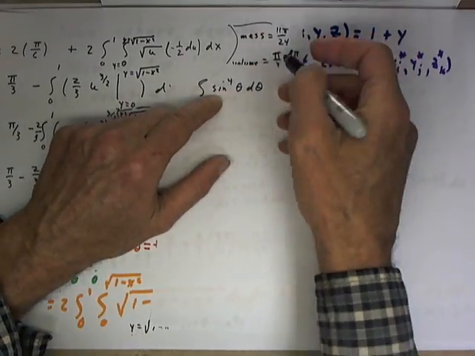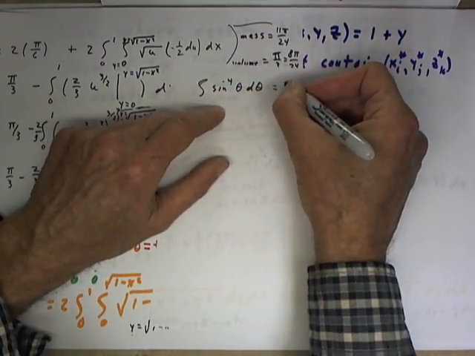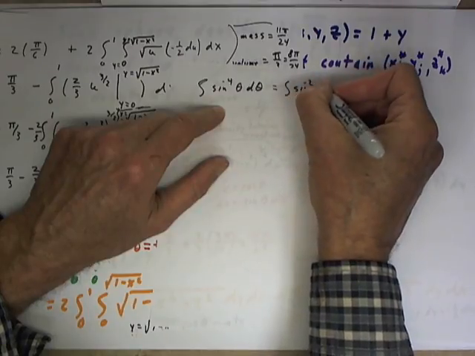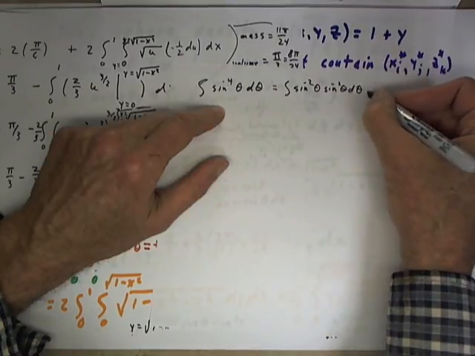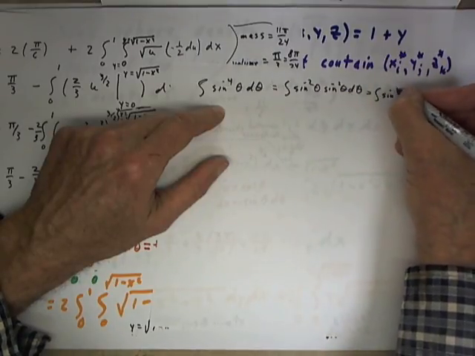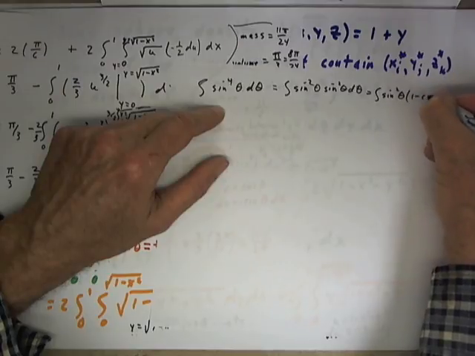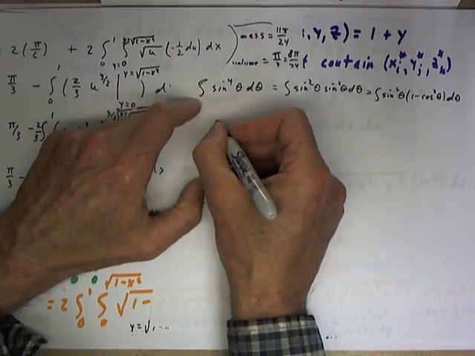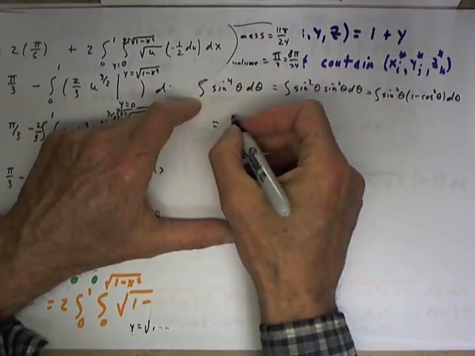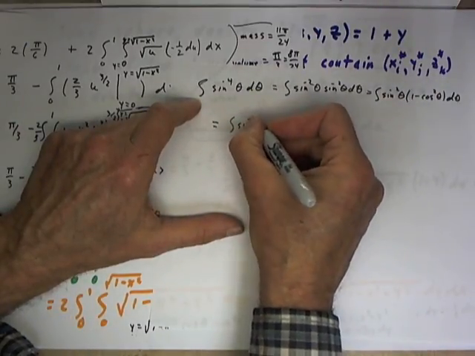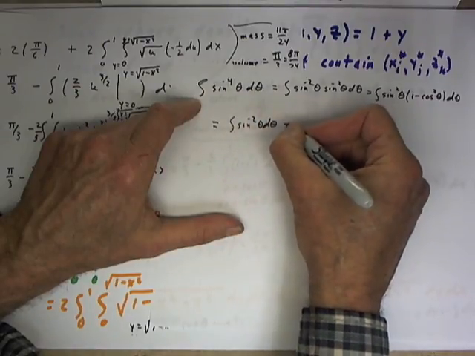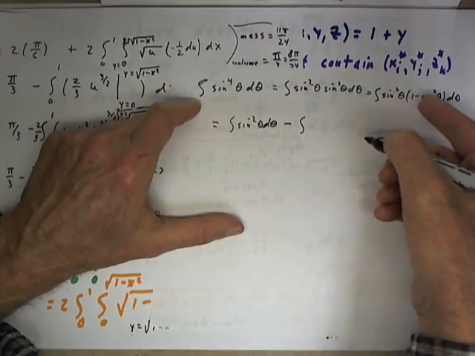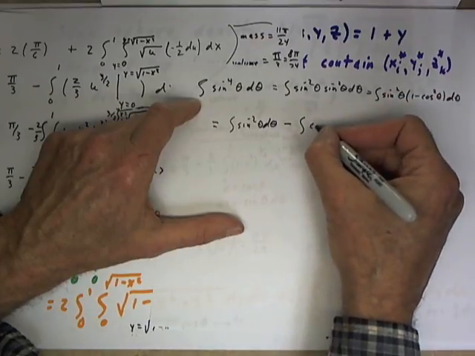sine squared theta is 1 minus cosine squared theta. So this being the integral of sine squared theta times sine squared theta d theta, we can write this as the integral of sine squared theta times 1 minus cosine squared theta d theta. And that, if we distribute, gives us the integral of sine squared theta d theta minus the integral of sine squared theta cosine squared theta